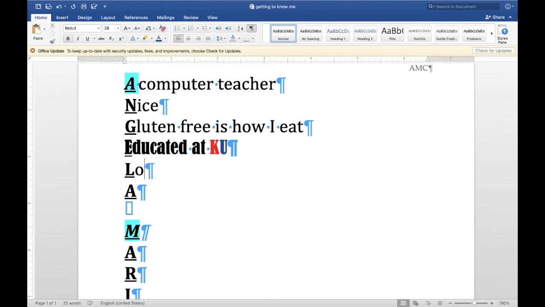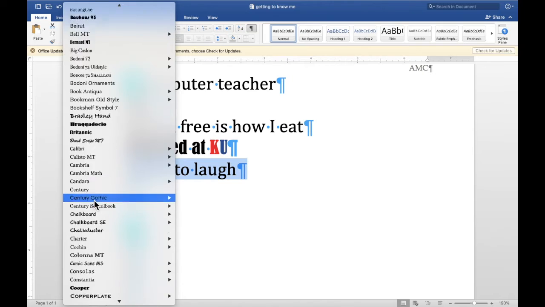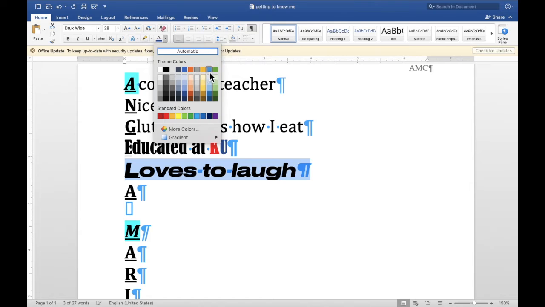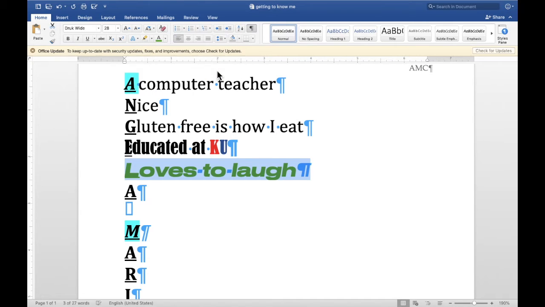So for L, I could put loves to laugh and change my font type. Now I have 3 different font types, but I'm still stuck with 2 font colors. So I could change that font color there. So now I have 3 font colors. So I would need to do both of those 2 more times. All right. Once you're done, or maybe you just get stuck on a letter, then you can do your 5